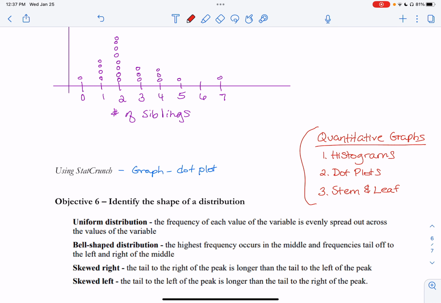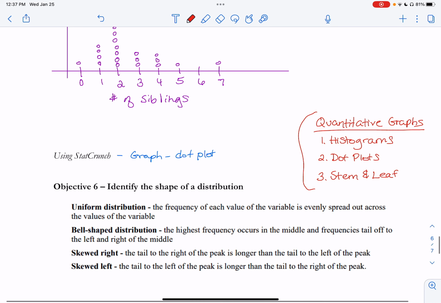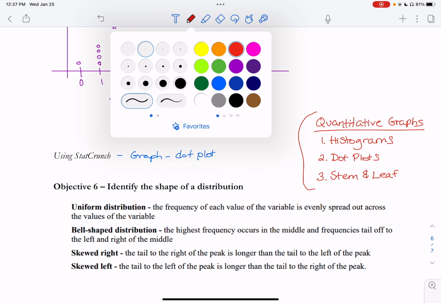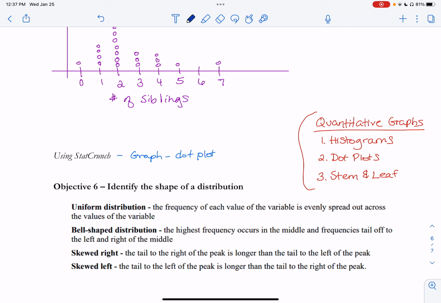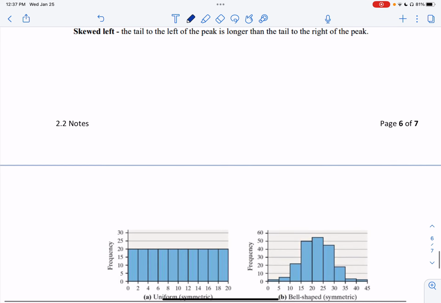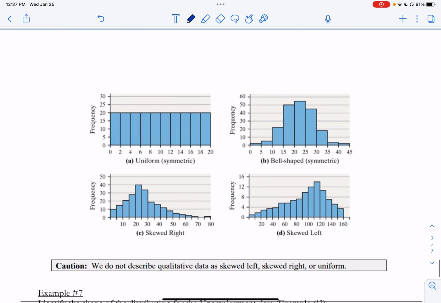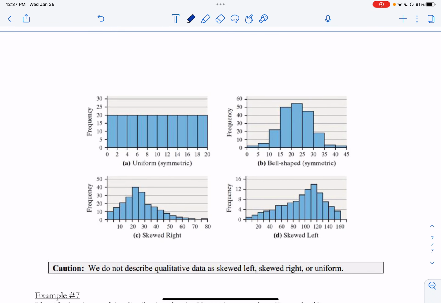Now I'm going to go on to the next page. You can read through the shape of the distributions here. I'm actually going to explain them, and the reason I'm going to the next page is because it shows them, and so it's a lot easier to see what I'm talking about when I look at the distributions themselves. So if I look at these distributions, the first one that I have here is the uniform distribution. You can see that on the uniform distribution, that's right here,